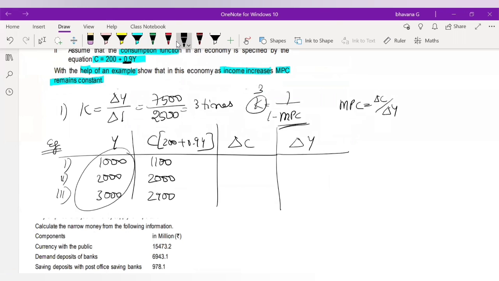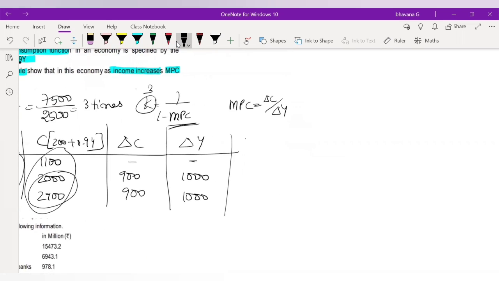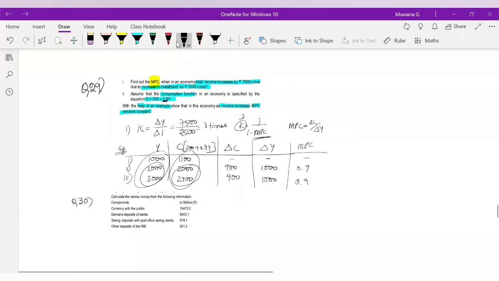Income is easy, right? Change in income. First 1,000, 2,000, 1,000 rupees change. Again change from 2,000 to 3,000, again 1,000 rupees change. Change in consumption is from 1,100 to 2,000, 900 change. Again from 2,000 to 2,900, 900 change. So if you do MPC here, what is your MPC? MPC is 0.9 and 0.9. So here, taking this example,